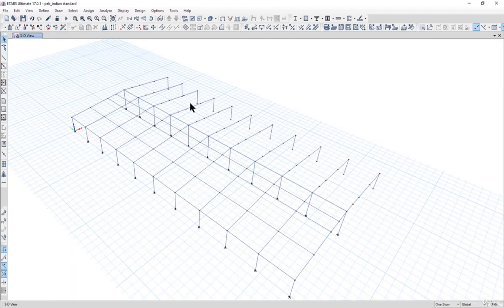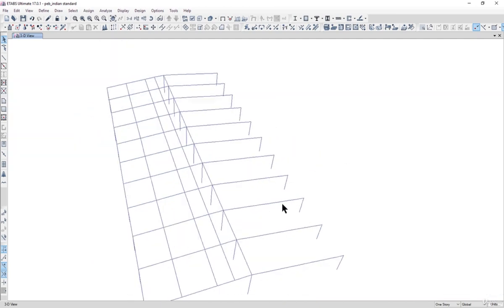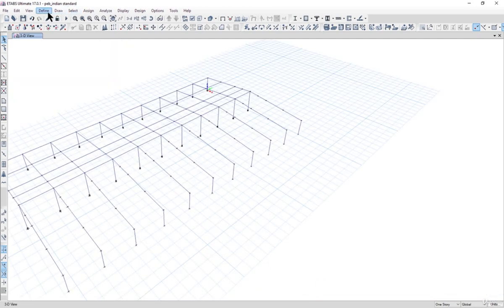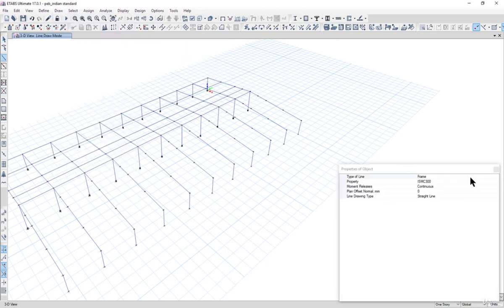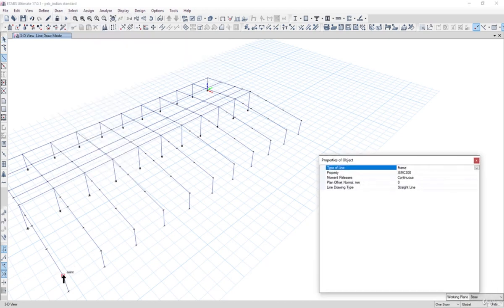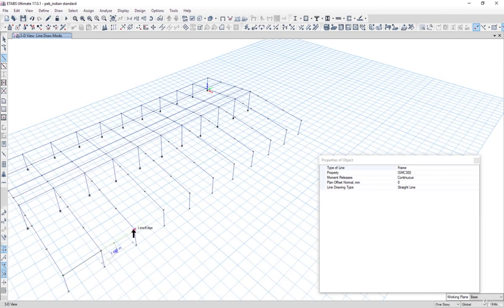So similarly we can draw ISMC 300 here also. So we go to draw beam column brace and draw the beam column brace in plan, elevation and 3D view. Similarly we just snap all the joints here and draw the ISMC 300 section.